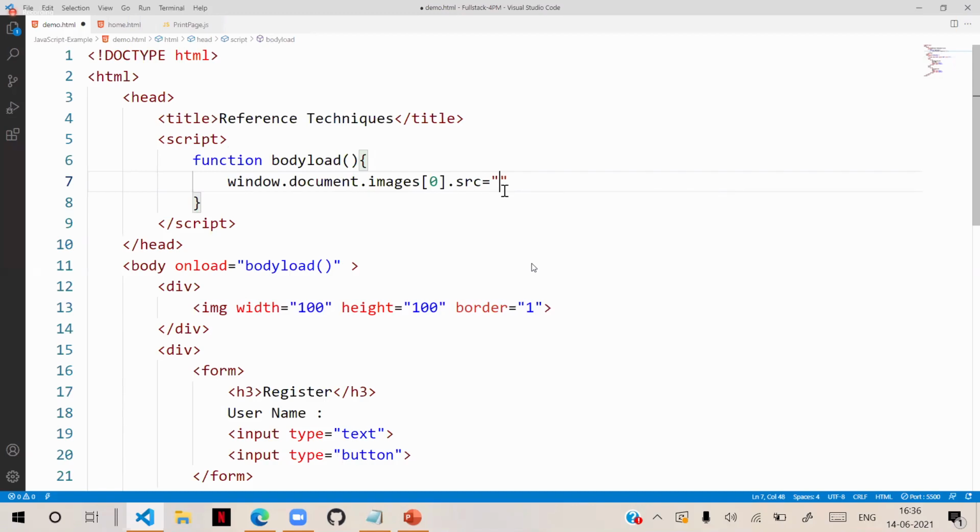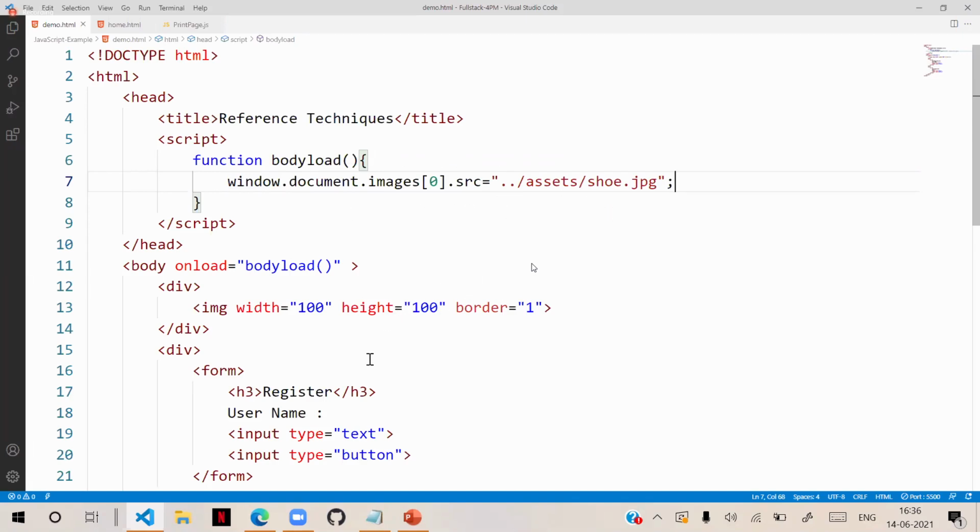Source is equal to, so the image path. So dot slash assets slash some shoe dot jpg, like this. We are defining the path. So that is generally the reference technique. So this is DOM hierarchy.